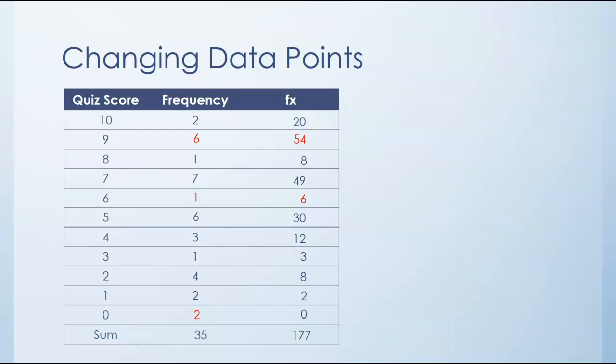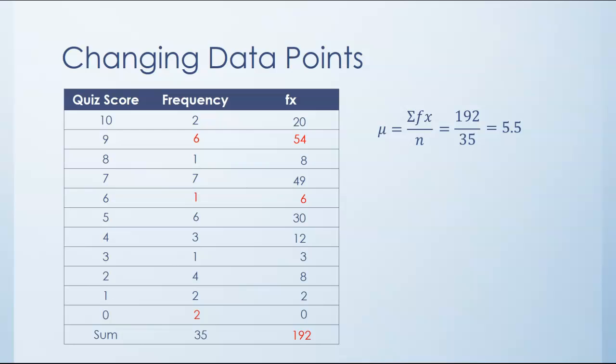but my F times X has changed. It's no longer 177. If I add all of those numbers up, they now add up to 192. So now if I find my mean with my new scores, I would have 192 divided by 35, and my average would now go up to 5.5, which makes sense because I had 4 zeros before, and 2 of those zeros have increased their scores,